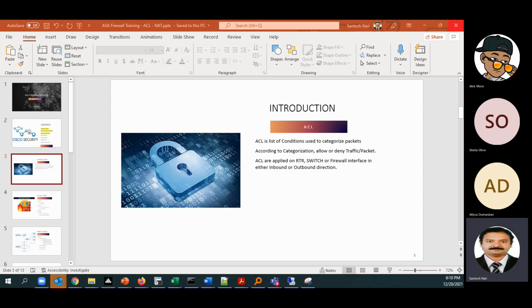Okay, good. If we say we have a firewall, right, the traffic will be coming in from an interface, and after that, egress will be happening from another interface. So always we implement the access list either inbound, where the traffic is coming from one direction and going to the other direction, or outbound. There will be a direction in which we have to implement the ACL.